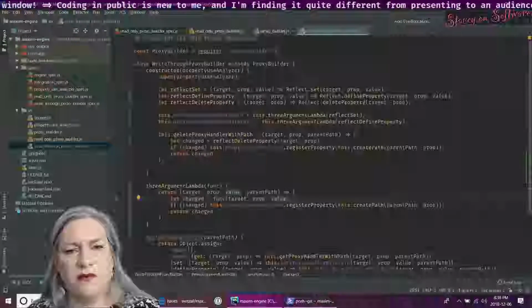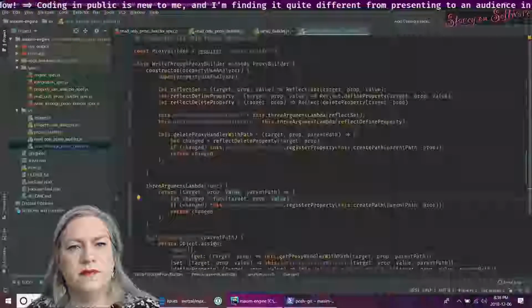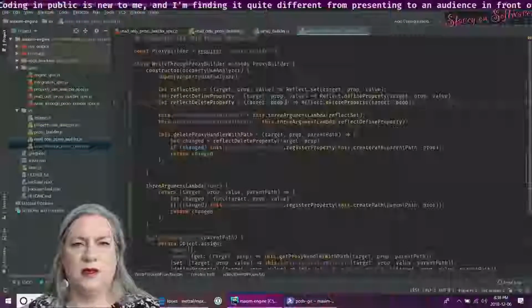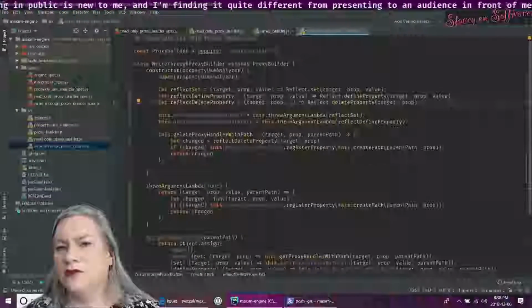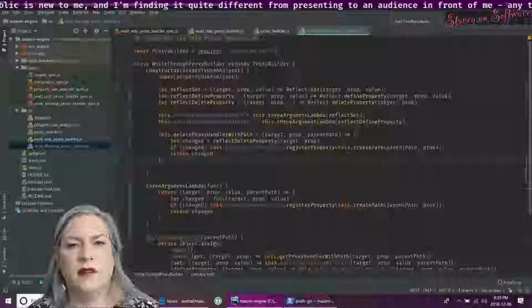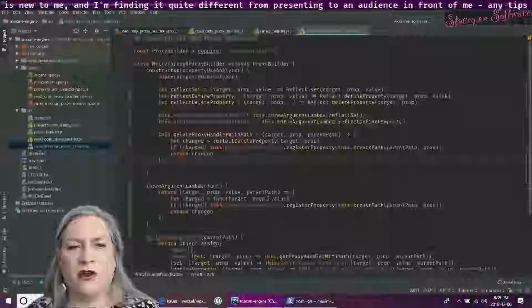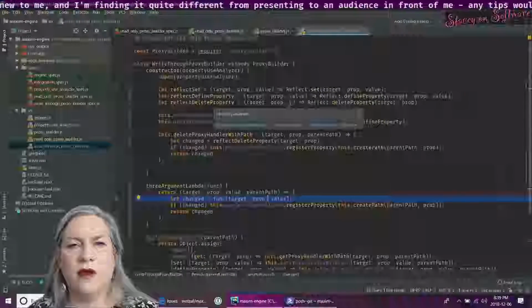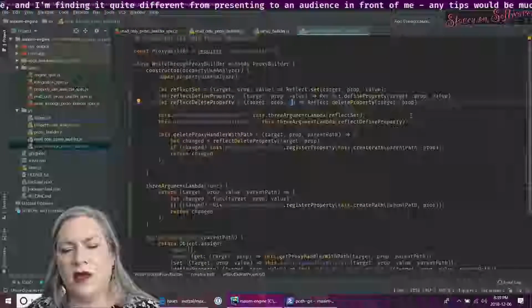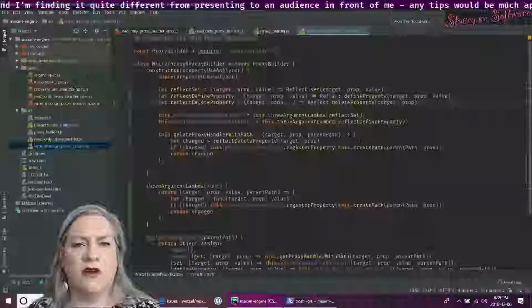Target, prop, value, target, prop, something, don't care what it is. So this is now a 3-argument lambda where I'm discarding the 3rd argument. And now I ought to be able to just use that 3-argument lambda.